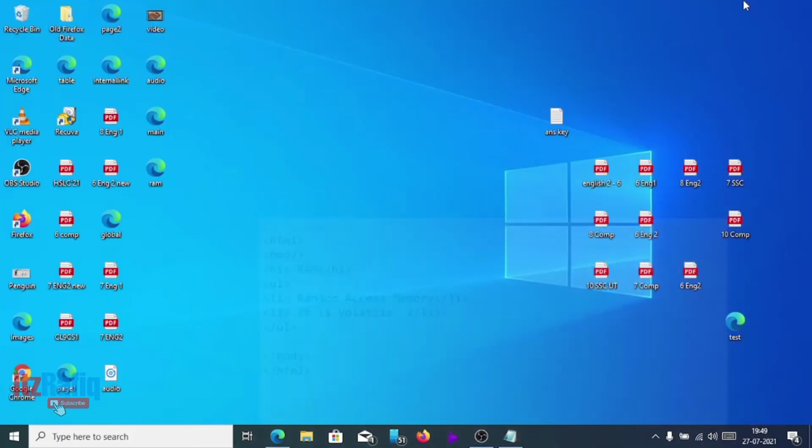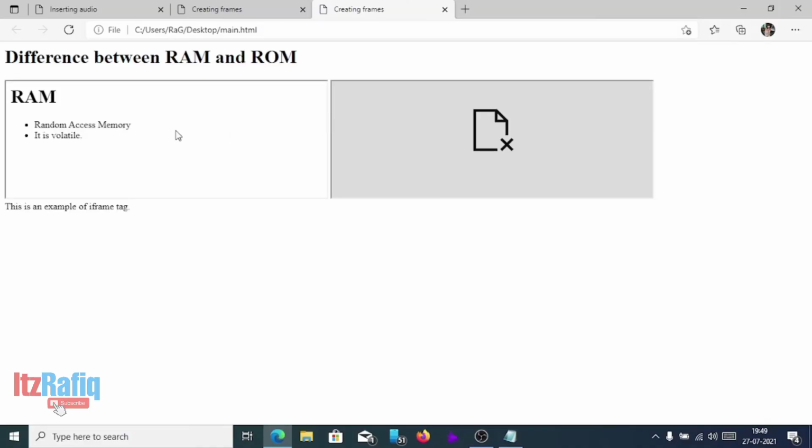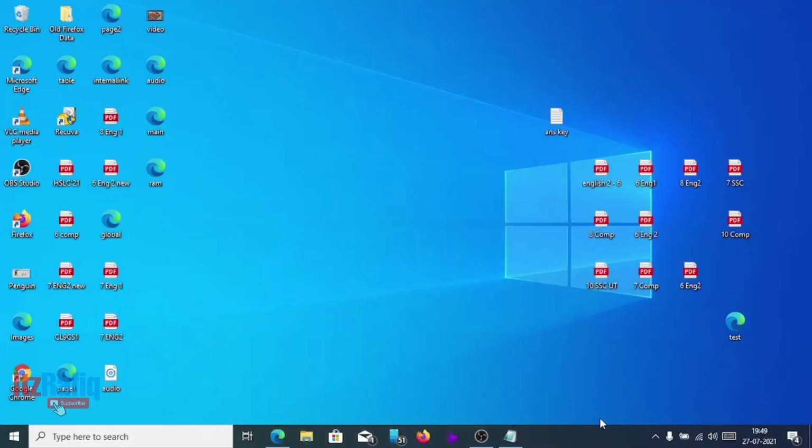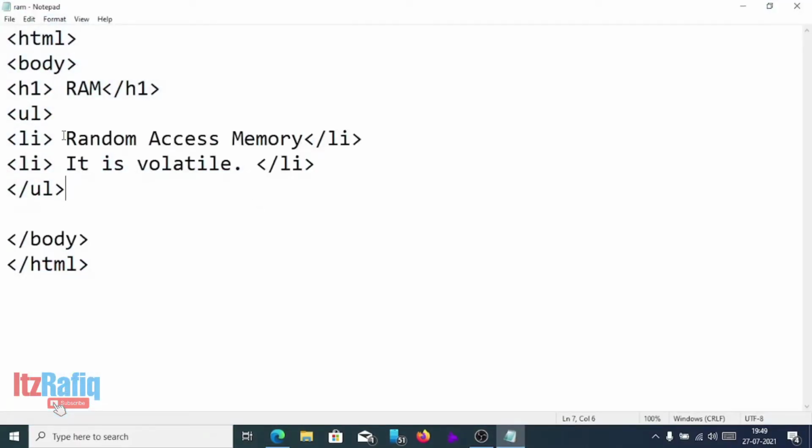Now we'll again open the main page. You see here, in place of the RAM page, you can see RAM, random access memory, it is volatile, and in place of ROM, it is still showing that the document has been moved, edited or deleted. So let's create the ROM page also. We'll edit this page only.